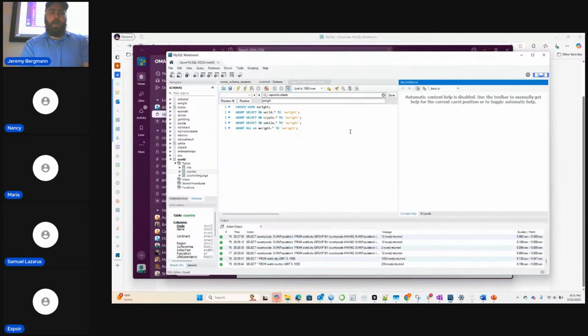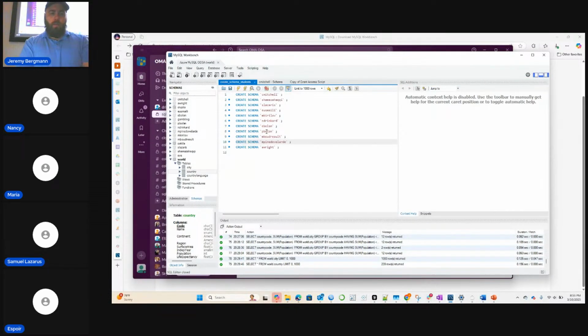And how you do that is you write your query in here. I'll just do one. Select star is just a short way to do all columns from world dot city. And to execute it, there are these two buttons up here.